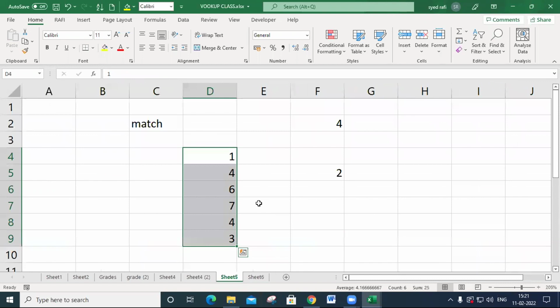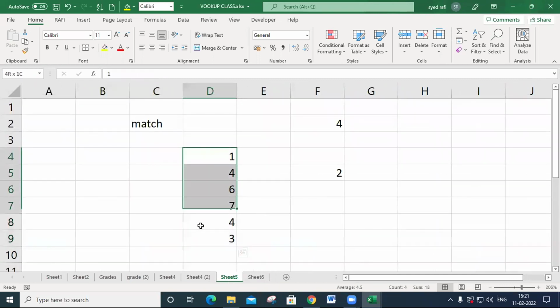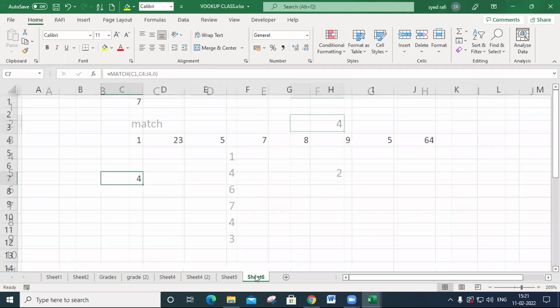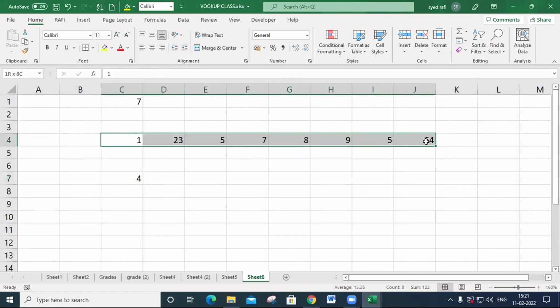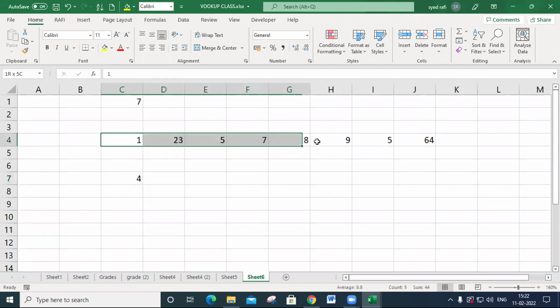In the previous example we said second row. In this situation we say 4th column. Depending upon the data direction, if the data is placed vertically, then you may say row number. In the second row, it contains this number. If the data is in a horizontal manner and it returns some number, then you may say column number. So 4th column, it contains 7, it is the 4th column number. Depending upon the direction of the data, you may say row number or column number. I hope you can understand.